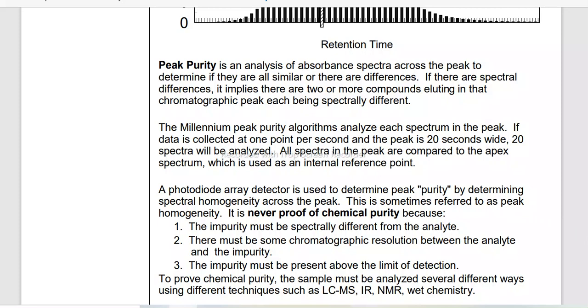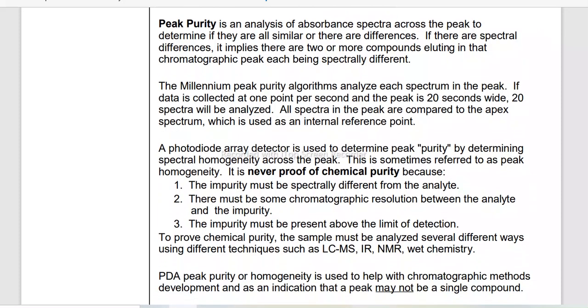The impurity must be spectrally different from the analyte. It is never proof of chemical purity. Why? Because this is the reason: the impurity must be spectrally different from the analyte. There must be some chromatographic resolution between the analyte and the impurity. The impurity must be present above the limit of detection. To prove chemical purity, the sample must be analyzed several different ways using different techniques such as LCMS, IR, NMR, wet chemistry, or